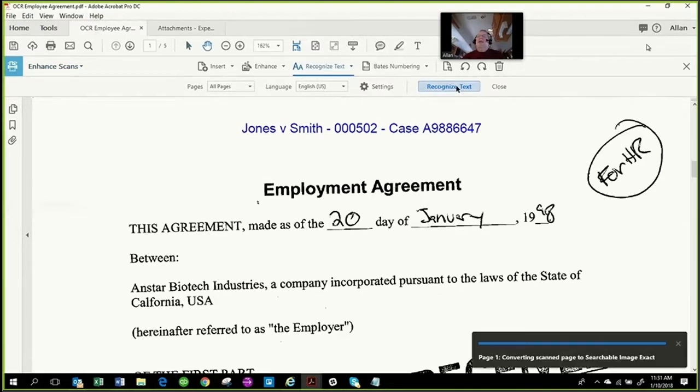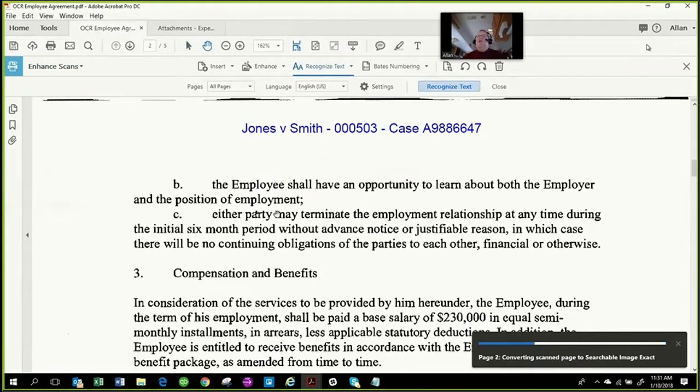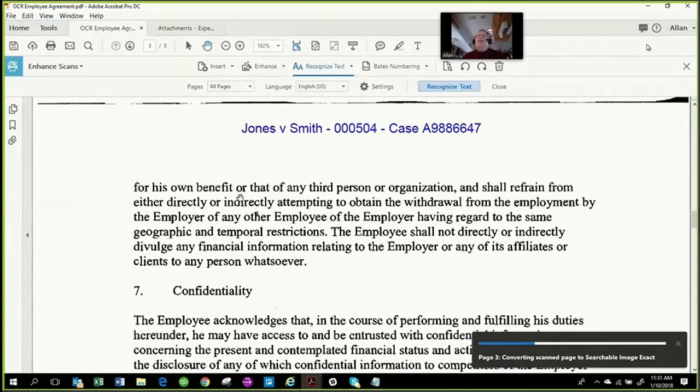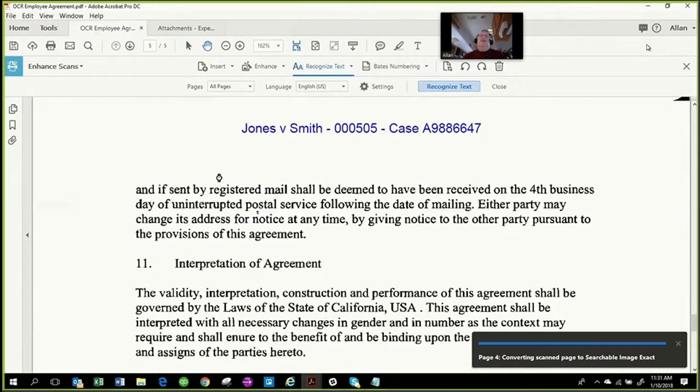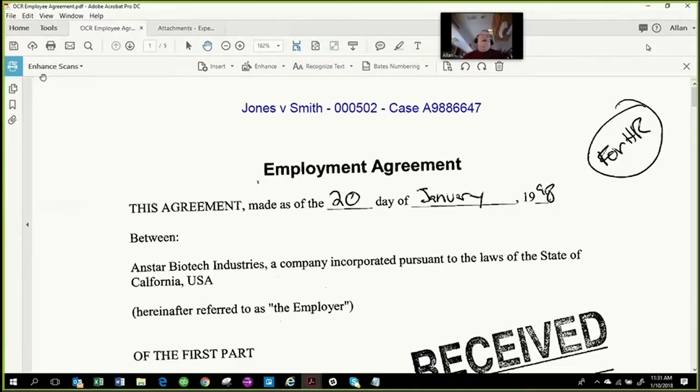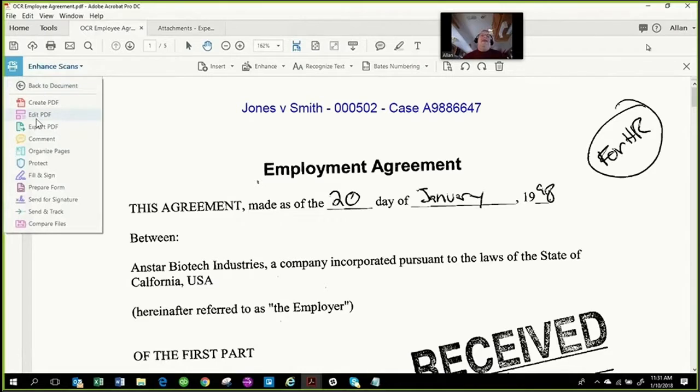it will do it. And there it is. You'll notice it put it around, it straightened it out. That sort of helps a little bit. And now that as soon as it's done with my little wristwatch right there, if I then go to edit the PDF,